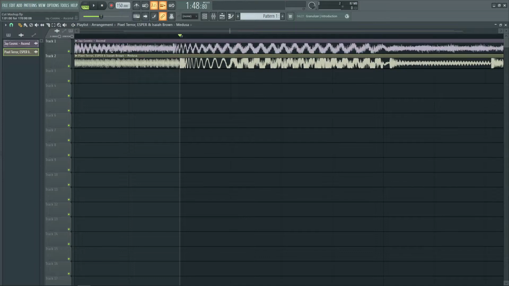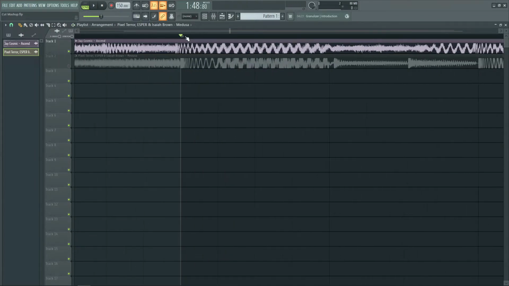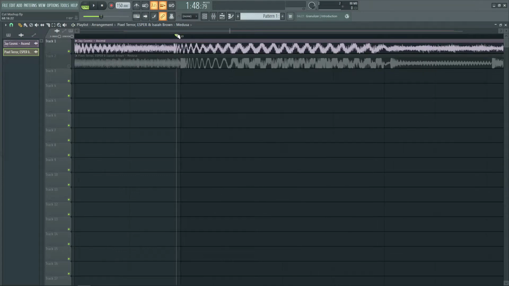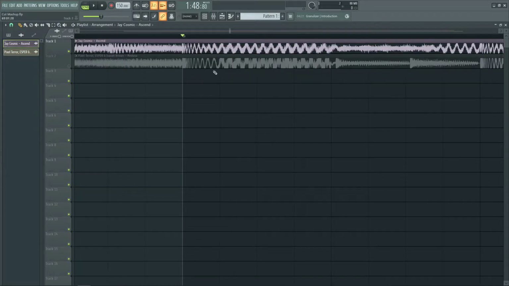But if you look at Ascend, notice how if I play it here, we don't get the kick. If you look at the waveform, the kick's back here. It comes in a little early, and that's just how the audio file is. So we're going to want to drag that over here, Alt-click, and something that might behoove you to know about,